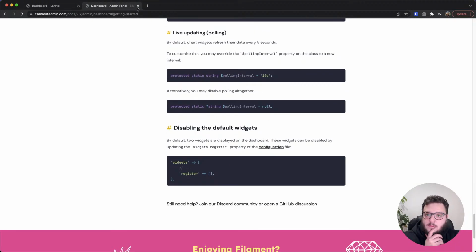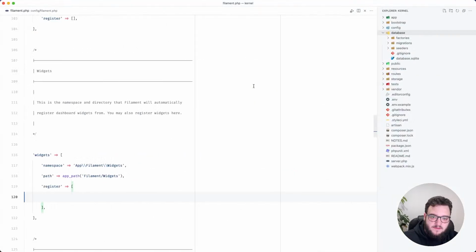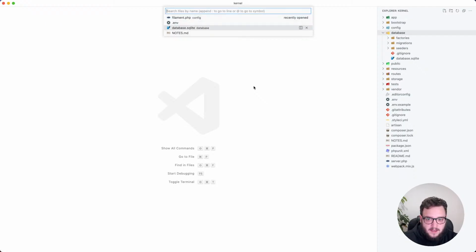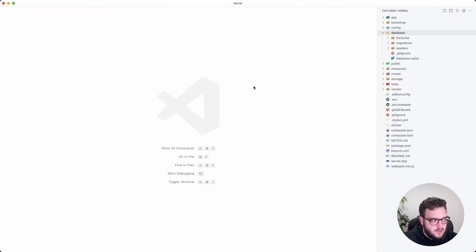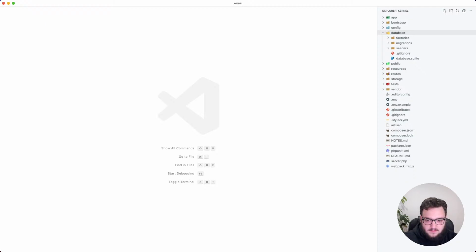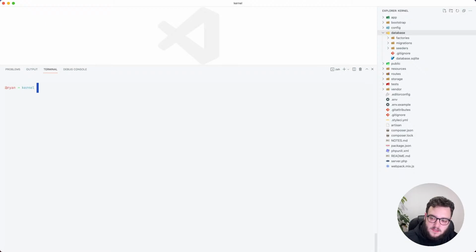Next, let's figure out what models we want. So we've got a user. Presumably we're going to want to split out each set of widgets with a sort of site, if you like, or a source, a data source. And each of those data sources will have its own API key for interacting with the API. So why don't we make a model called source